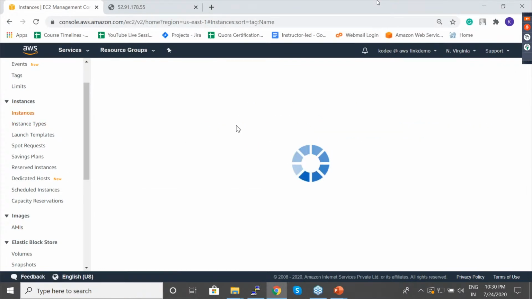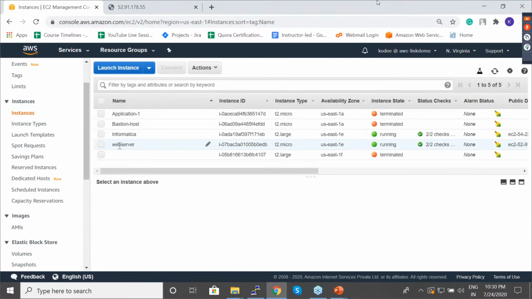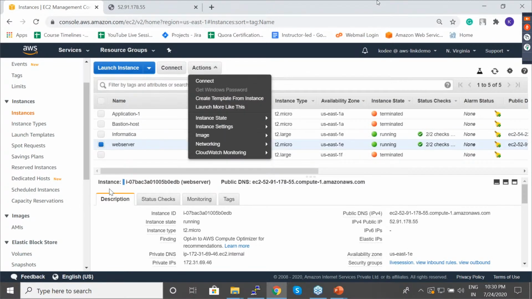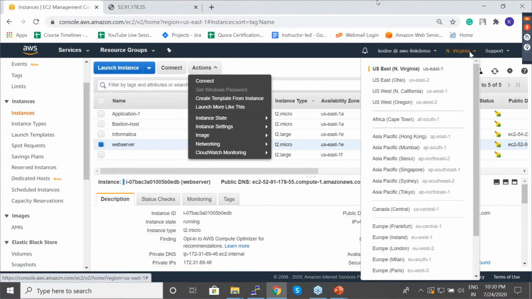For example, this instance already has a web server inside. So once you create a copy of this as an image and then launch a server using that image, that web server will already be inside. Is the image accessible across availability zones? It is accessible across availability zones, but only within the same region. You cannot use an AMI created in the North Virginia region in Ohio. You'll have to copy the AMI from North Virginia to Ohio, and only then will you be able to use it.